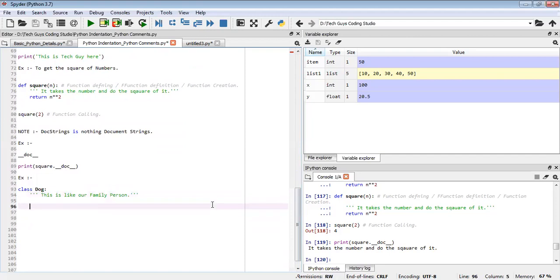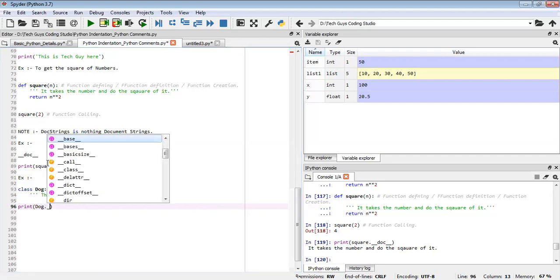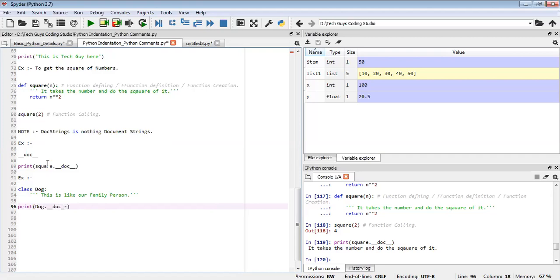Now I just want to see what my class contains. So I'll write the print statement, and I'll write the class name. There I had written the function name, here I have written the function name dot this much, but now what does my class contain? So dog dot underscore underscore doc underscore underscore you can write, and what it contains it will show.